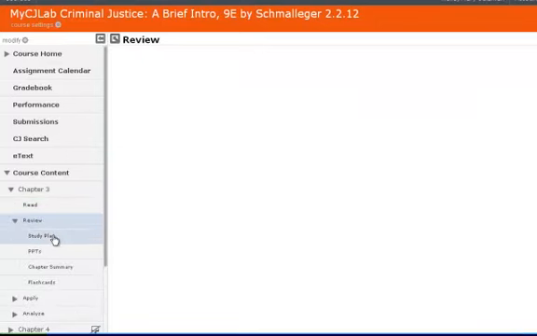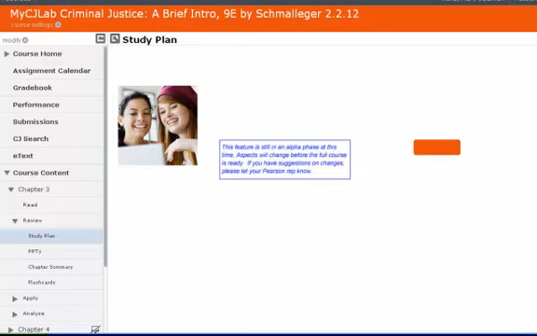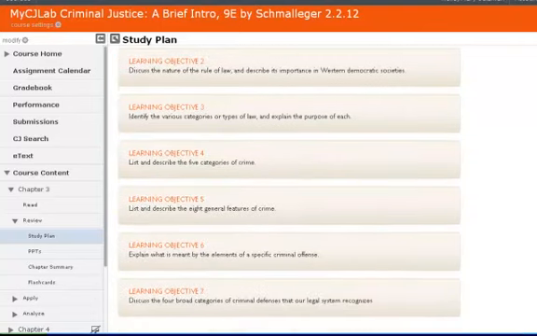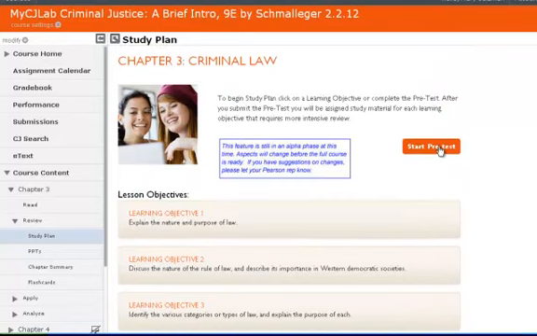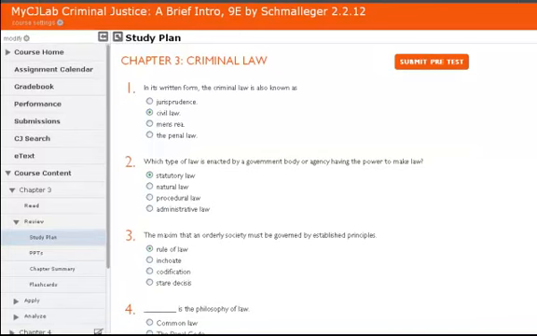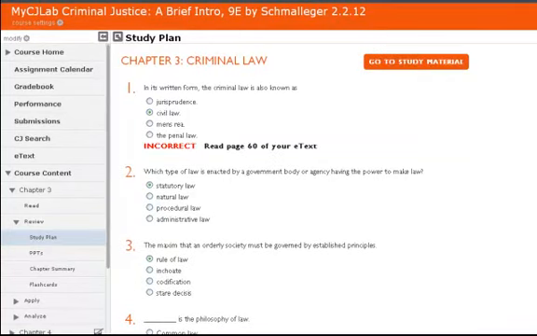Okay. But when we come into review, there's material for students' self-study. There's this whole study plan that they can do themselves. We always recommend instructors tie any activity to points in the class. In our study plan here, the student's going to receive a pre-test and a post-test. So when we go ahead, you're going to see all of our objectives for this chapter listed right out here. And I just click to start my pretest. The pretest is populated with multiple choice questions, and there are 2 multiple choice questions for every objective that was listed. So I would go ahead, take my pretest,